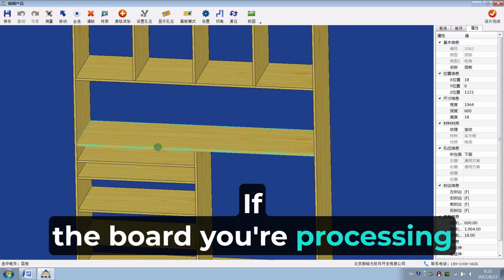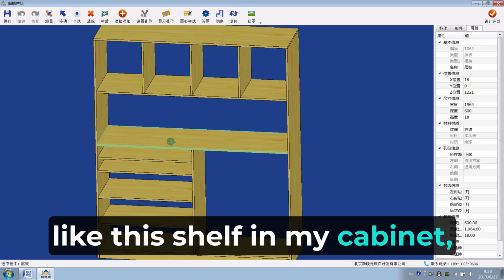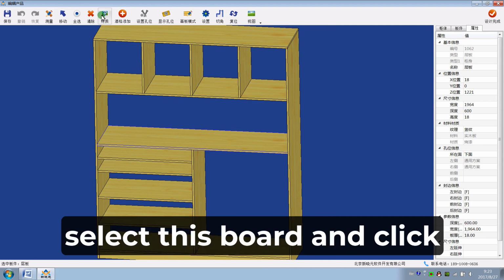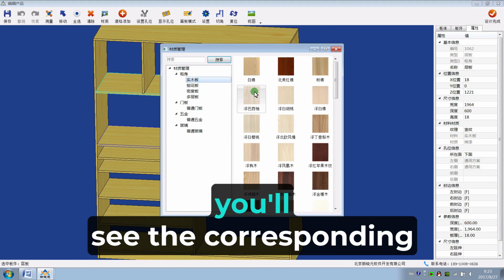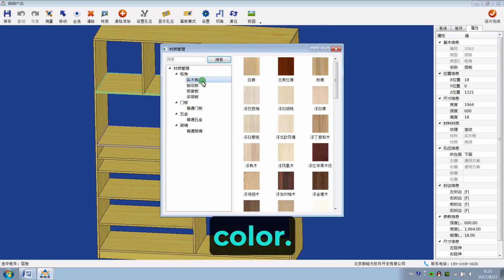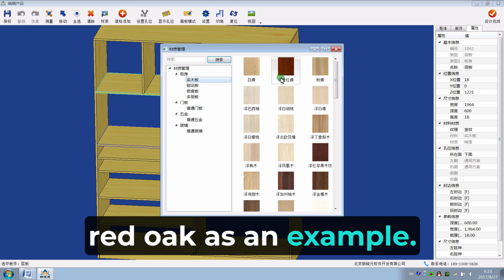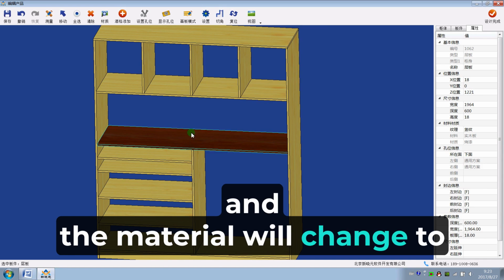If the board you're processing is different from these boards, like this shelf in my cabinet, I use a different material. So, select this board and click on the material. Here, you'll see the corresponding color. I'll take this North American red oak as an example. Just click with the mouse, and the material will change to